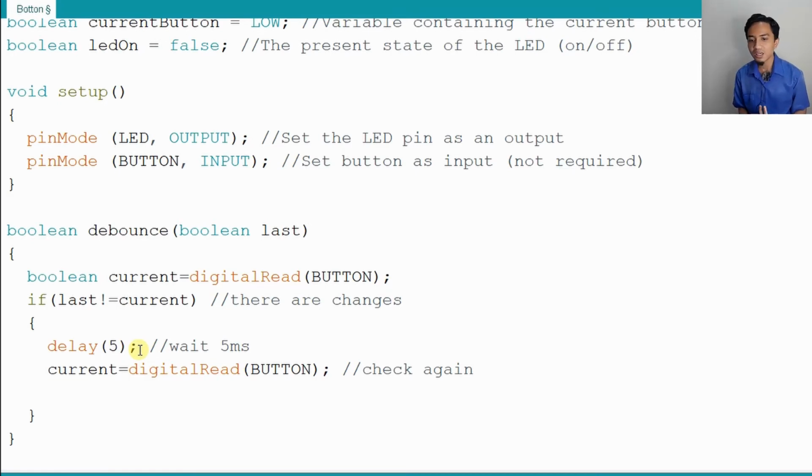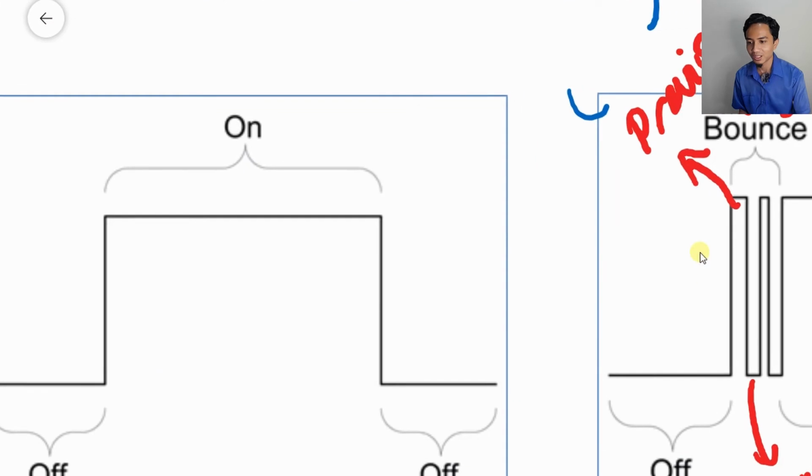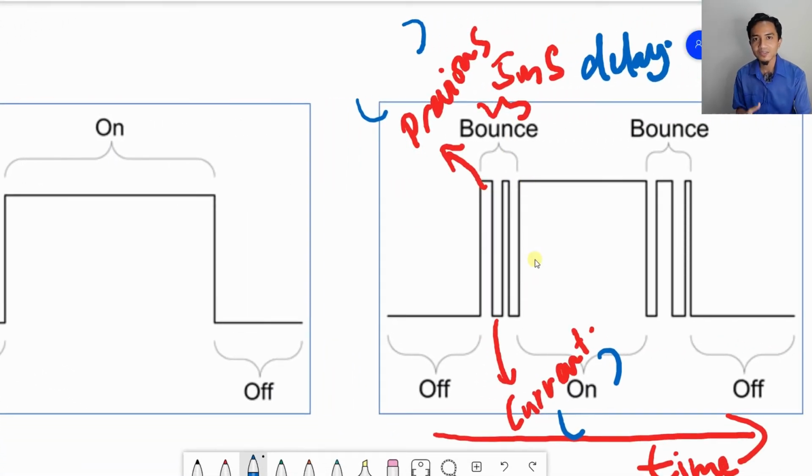If there are really changes... if there is no change after that, meaning that after it goes low, it remains low after 5 milliseconds, meaning that the state is really changing, it is not bouncing. If it keeps changing, then it is bouncing. But when it turns low, it remains low, meaning that after 5 milliseconds it remains low, meaning that the state